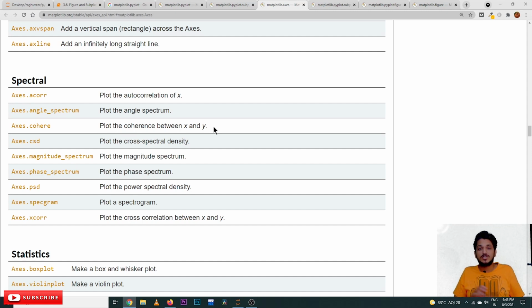So this is the point you have to understand. Not only the methods that are available in the axis class, the methods that are inherited by the axis class, those methods also we can apply, we can use. You have to check the methods by going into the inherited classes. That is the point you have to understand when you are checking the documentation.